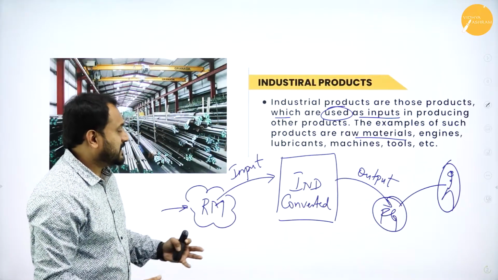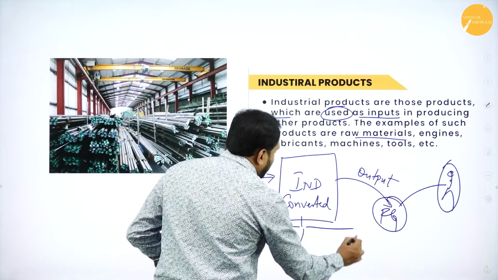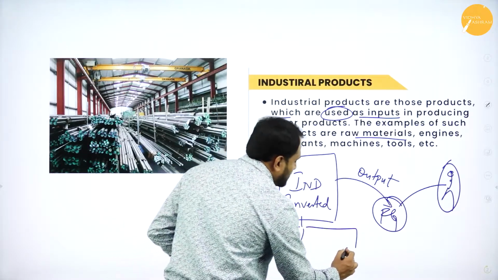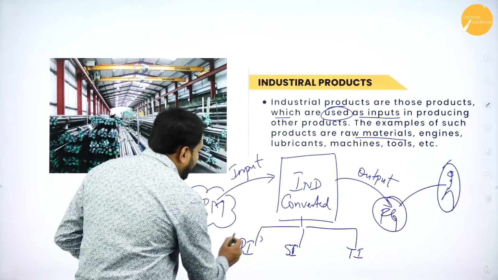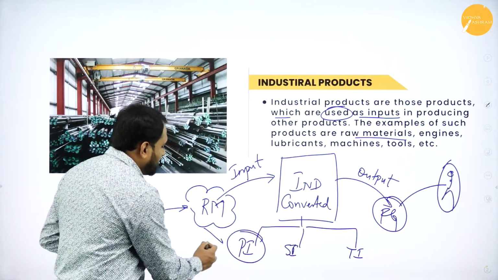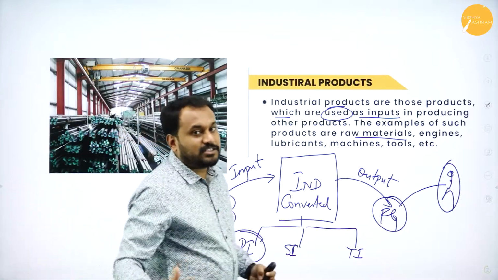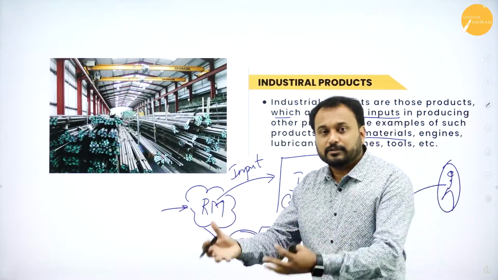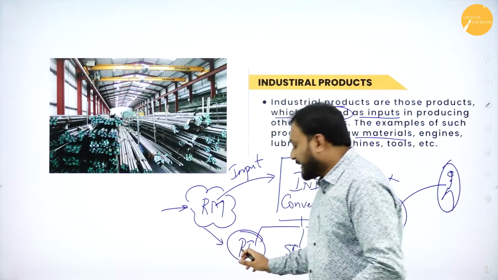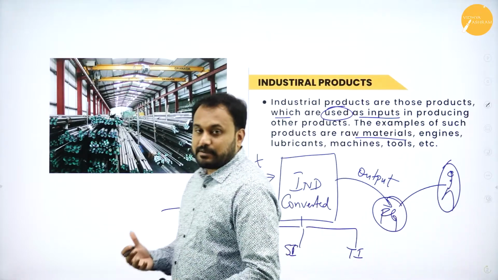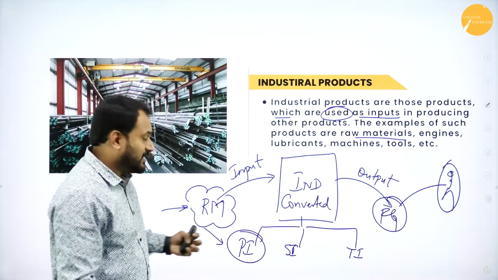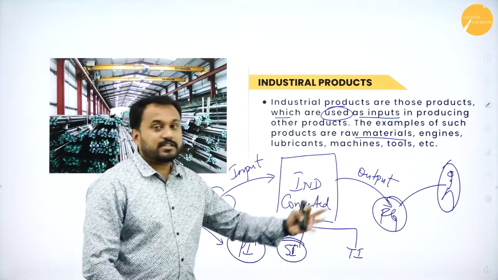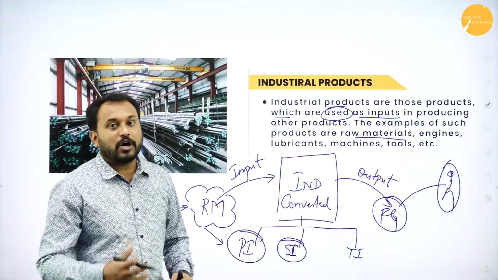Now you have types of industry. There are three types of industries, right? One is primary industry, next is secondary industry, and one more is tertiary industry. Now in the primary industry, the raw material is from Mother Earth, that is from nature. Whatever we get from nature, those raw materials get converted in the primary industry. Now understand, the finished goods of primary industry become the raw material of secondary industry, and whatever outcome comes, that goes to the consumer. So this is what the industrial product is all about.